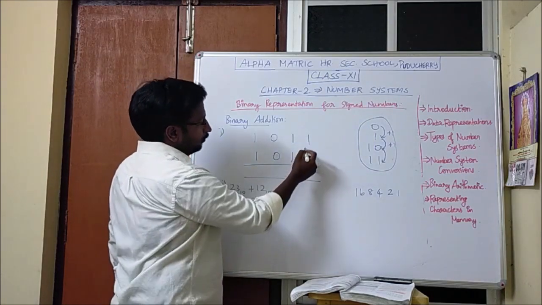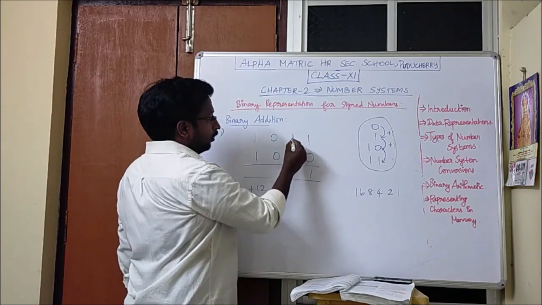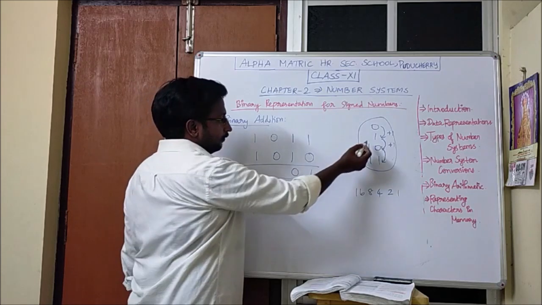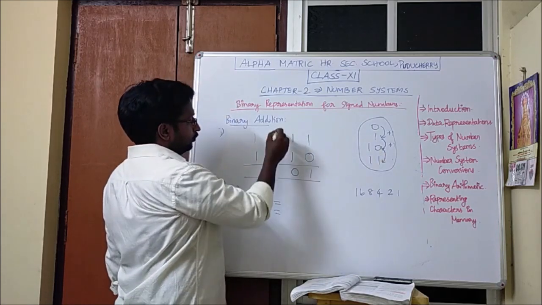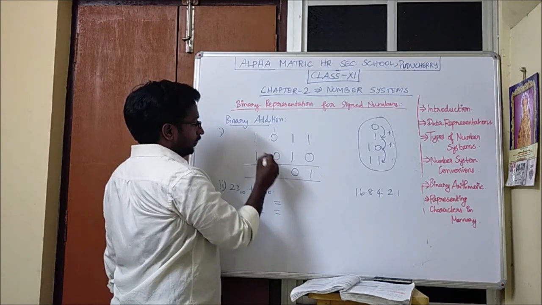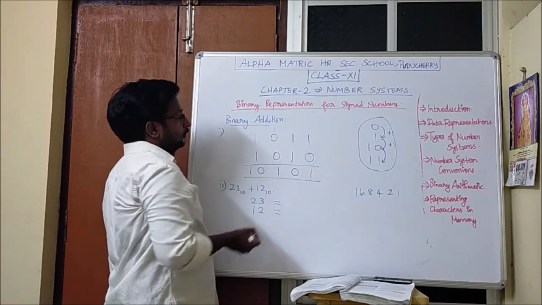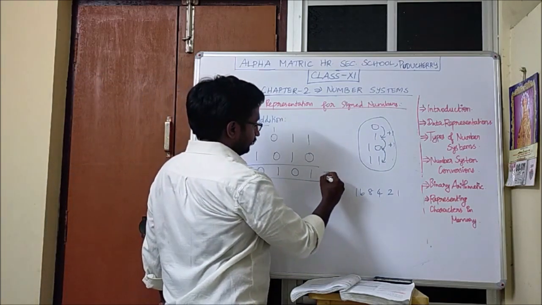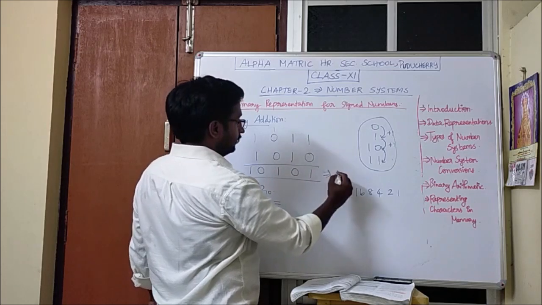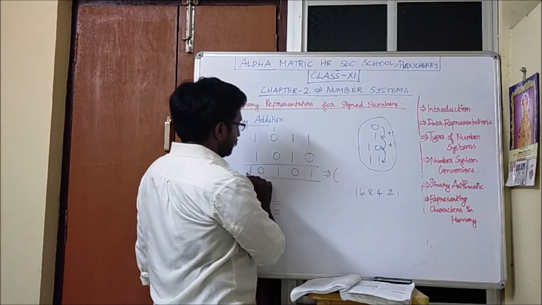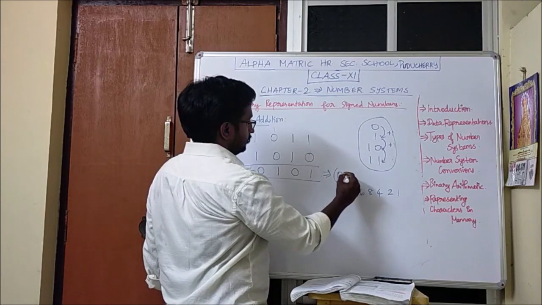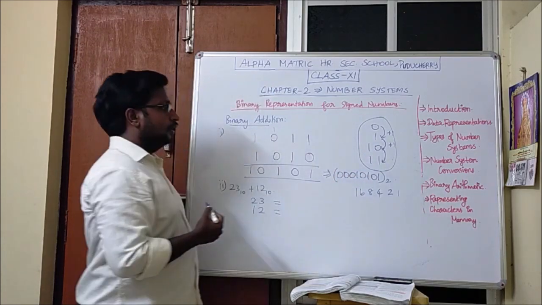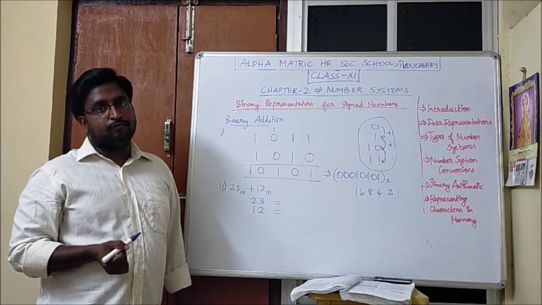Okay. First let us see 1 plus 0, that is 1. 1 plus 1 is 2 normally. While converting to binary, it is 10, because 1 plus 1 is 10. I put 0 and 1 carry. Again 1 plus 0, 1. And last 1 plus 1 is 10. So we have to take the answer and write it in 8-bit form. Already we have got 5 digits. Like that you have to write the answer in an 8-bit form.